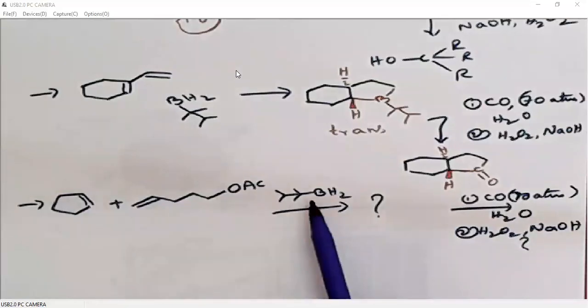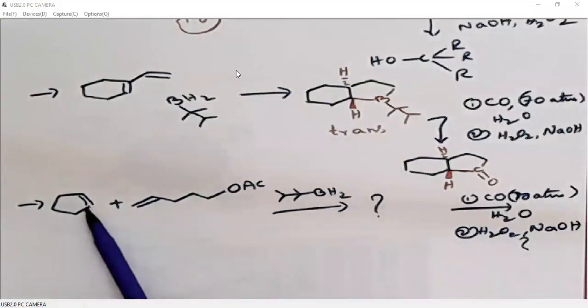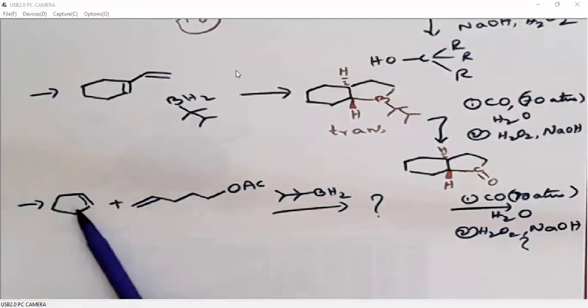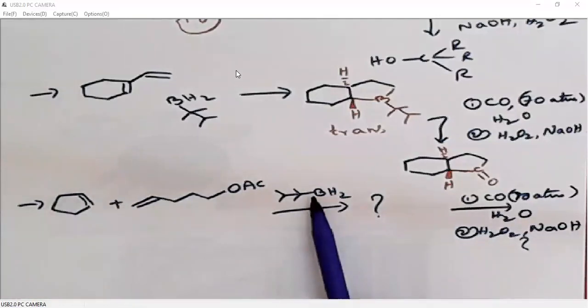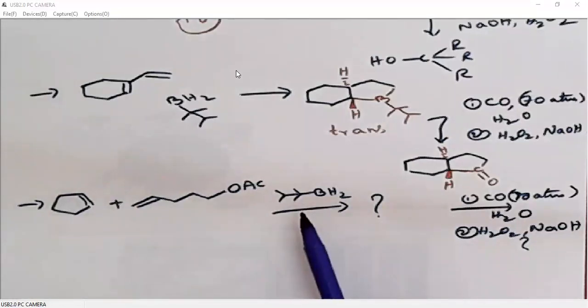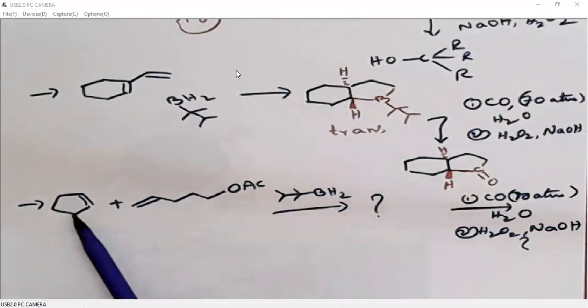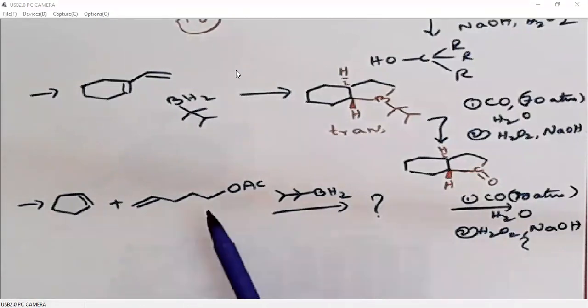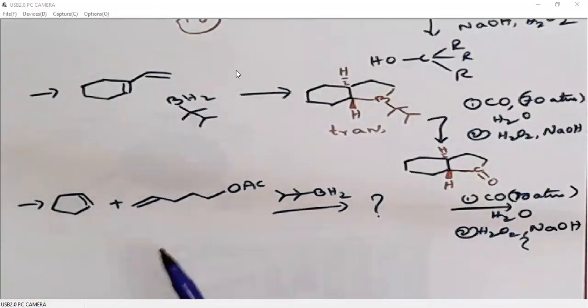So already one alkyl group is there. Now we will add a secondary alkene. It has a little bit more steric crowding compared to this, right? Now this will add to borane. Then this terminal alkene can be added to borane. So the order is that first we must add the highly sterically crowded alkene, then the less crowded alkene, then still less crowded alkene. If you come in a reverse way, what happens?